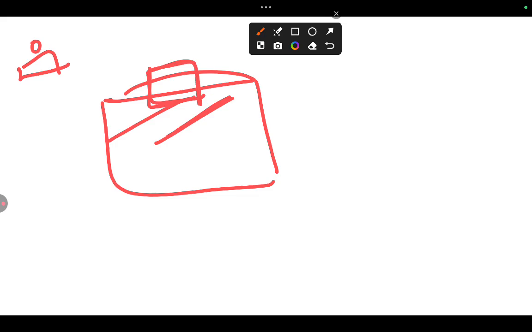The center of gravity of the body is above the center of buoyancy, so option A is wrong. We go with C. The center of gravity of the body coincides with its center of buoyancy. This is also not possible. So we have options B and D. The center of gravity of the body is below its center of buoyancy, or the center of gravity of the body is below its metacenter. So the answer is: the center of gravity of the body is below its center of buoyancy. So you go with option B.